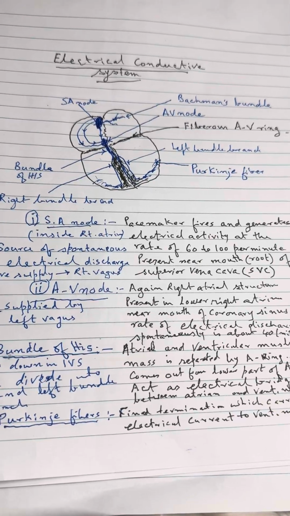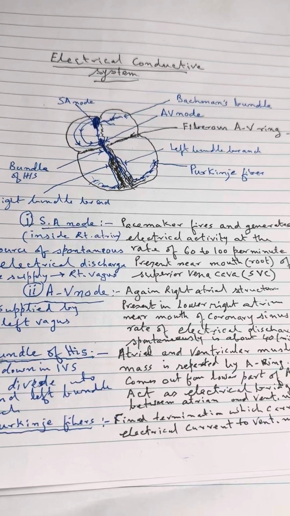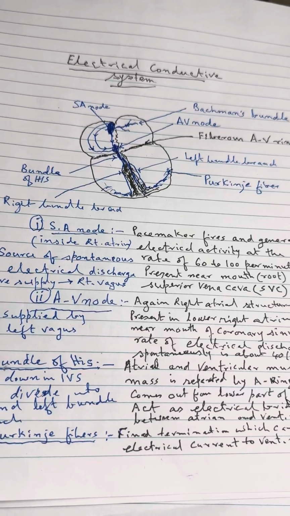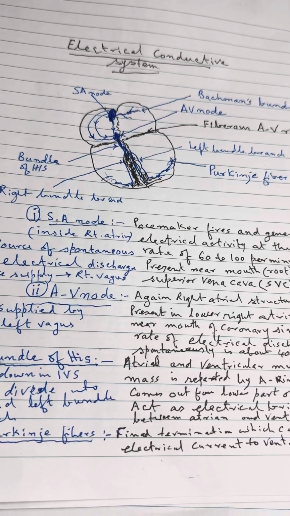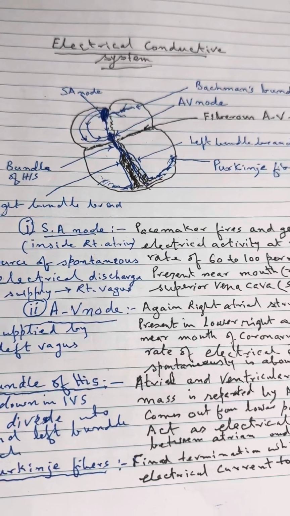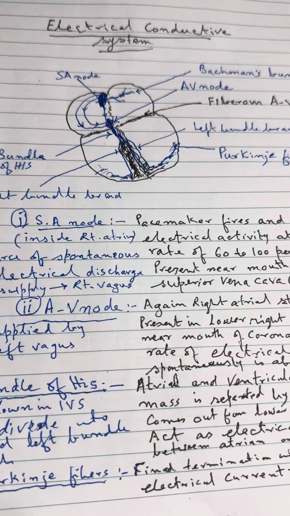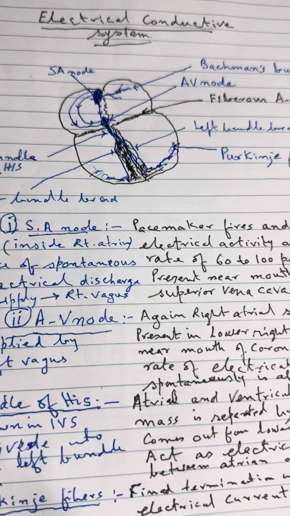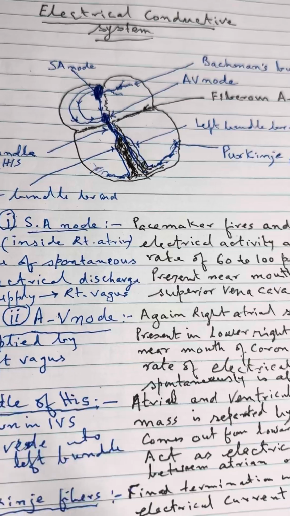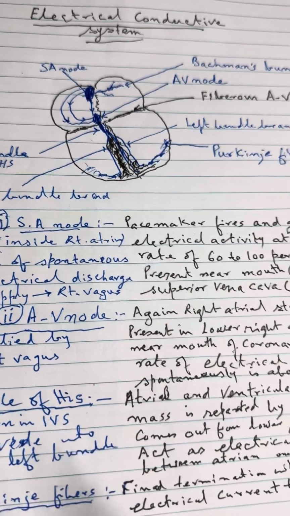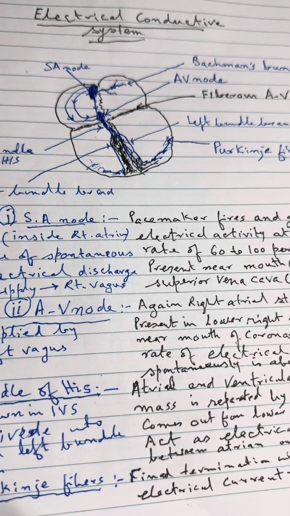This is the second basic and fundamental lecture. Please listen carefully. Electrical conductive system. Apart from myocardial muscle, the heart has got a specialized conductive tissue,